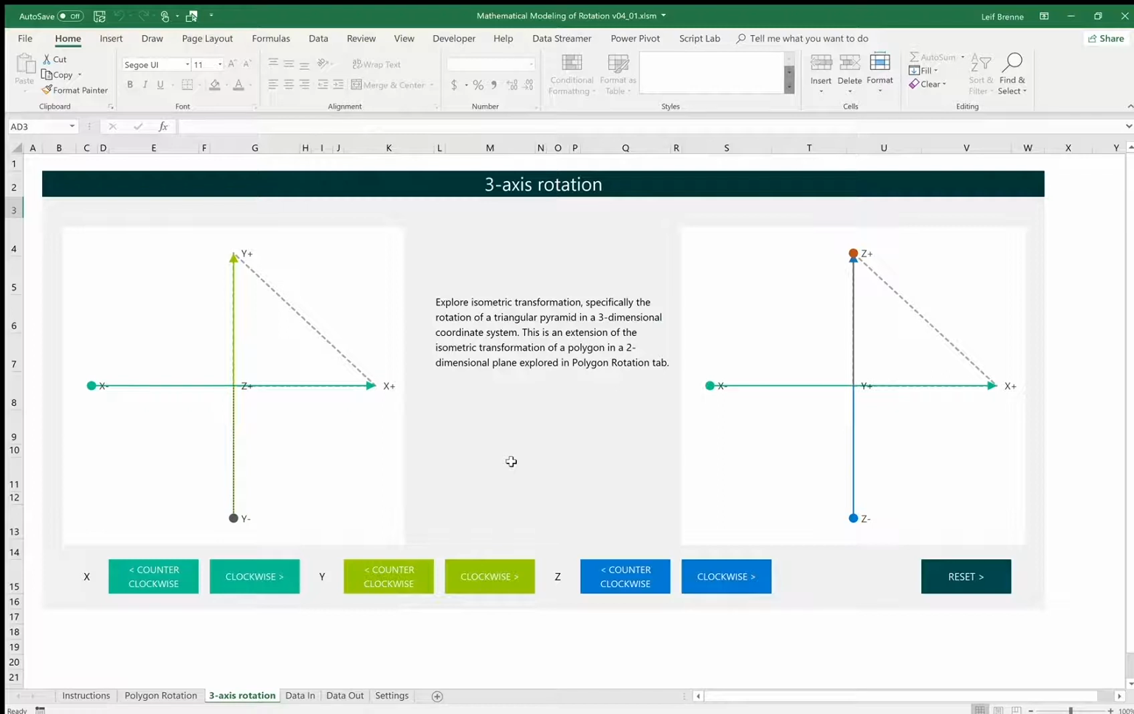Okay, and now we're going to move on to the 3-axis rotation worksheet. And so students are going to have a new way to visualize rotation on the X, Y, and Z axes related to this movement that all objects exhibit in three-dimensional space. And so students have some experience with this already with the physical model that they interacted with and built. And now we're going to look at this